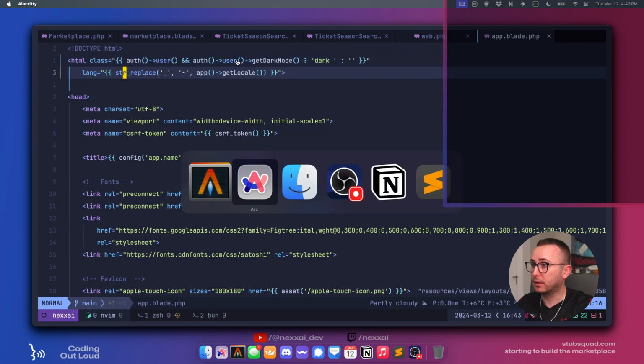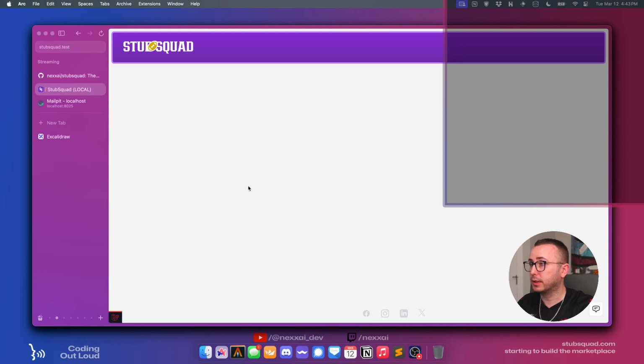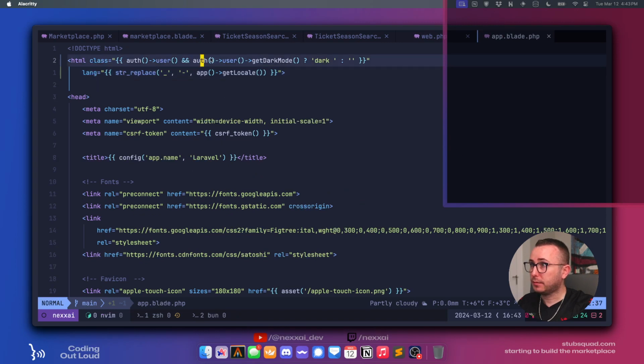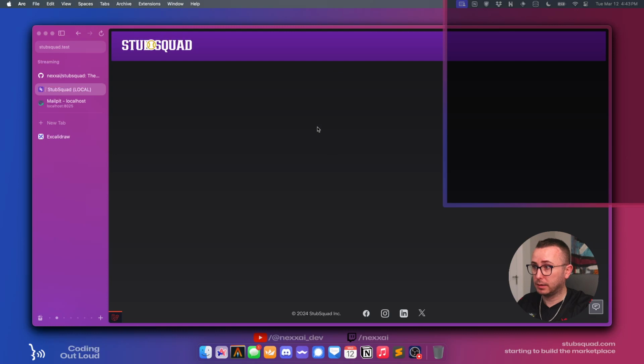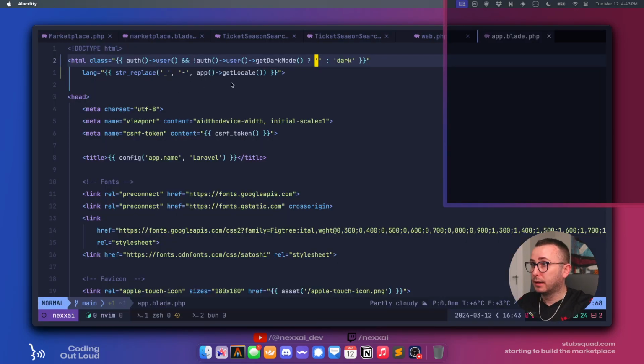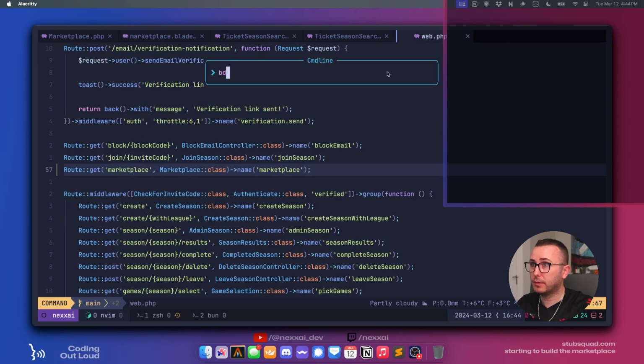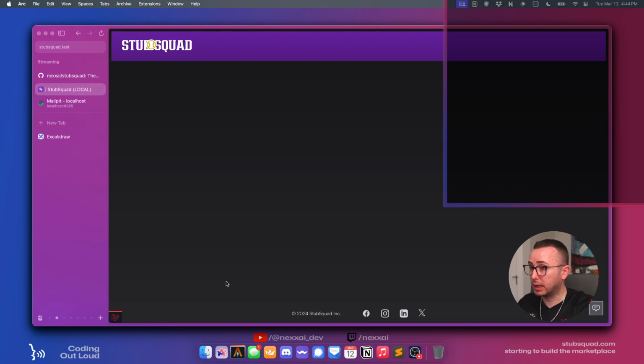So that should fix our current problem, but what I want is for it to be kind of dark mode by default. Right, there we go. Cool. All right, so now we have a marketplace. Right now it's obviously not got any